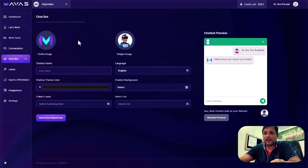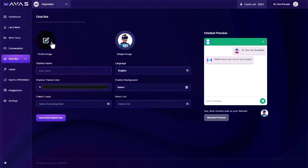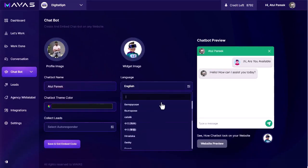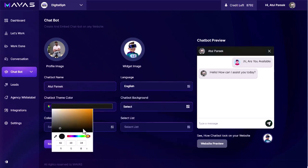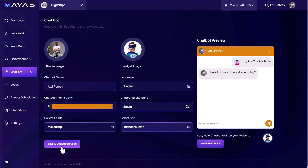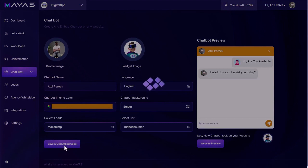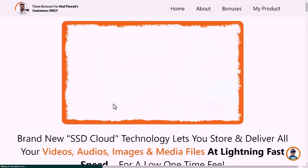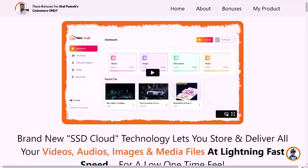Now come to the chat section. That chatbot feature is an absolute game changer. Inside the chatbot, you can customize bots with your branding or your client's branding. You can change the bot image, bot widget, bot name, choose bot language, chatbot theme color, chatbot background. Also don't forget to set up your favorite autoresponder, right? With just a click, select the lead collection list where you want all these leads to be collected and automated. So hit the save button and copy the one-liner embed code. With just this one code, you are ready to go. Just paste this code on your website or on your landing pages, and Mavas is ready to